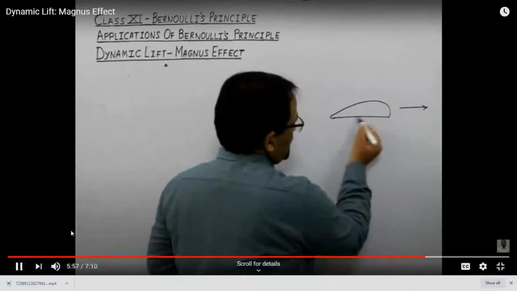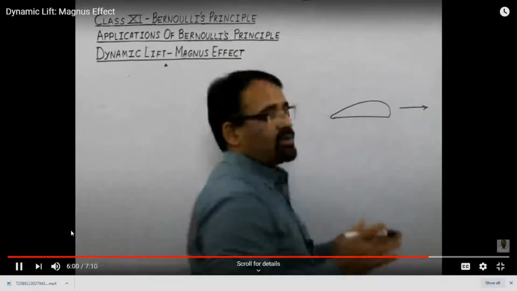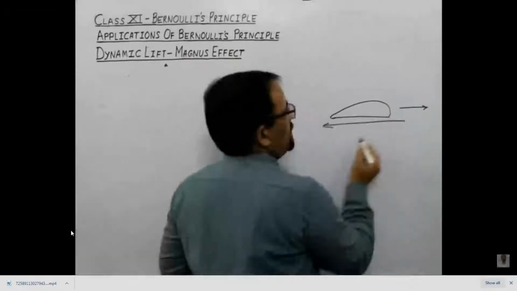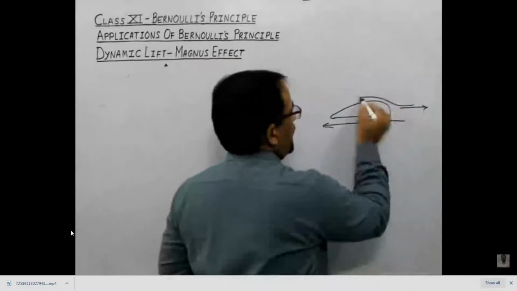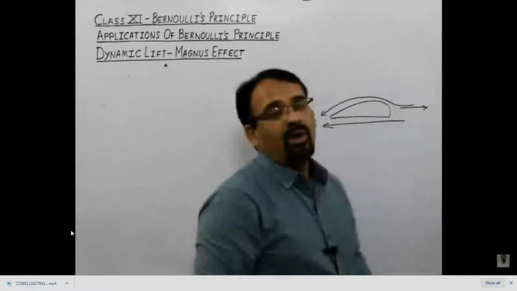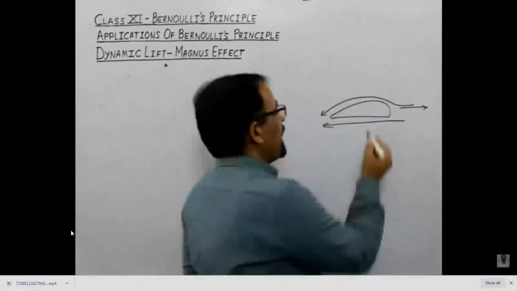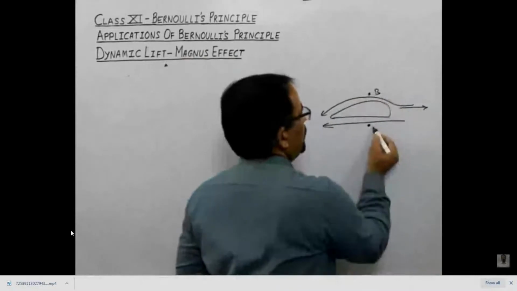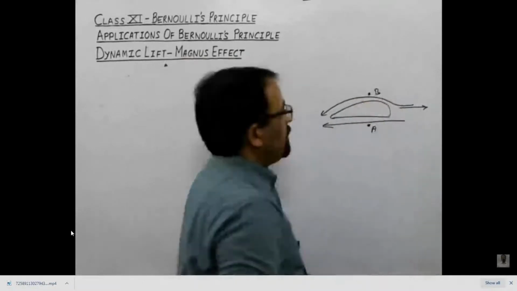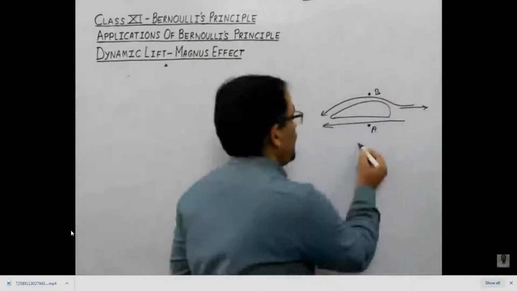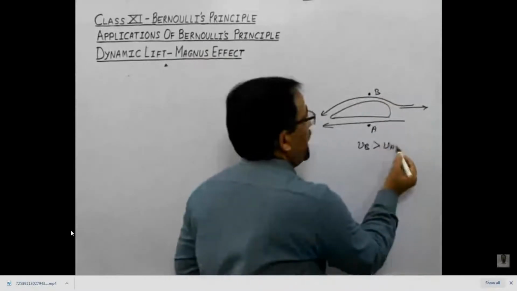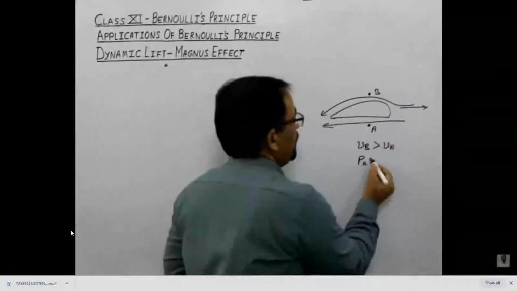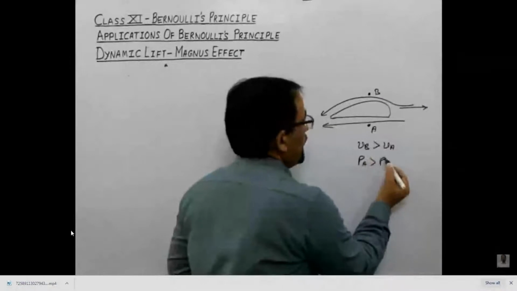This lower surface is almost flat. The wind will keep moving in this direction, but at the top, the wind will have to cover a larger distance because of the shape of the wing, let it be an aerofoil. Therefore the speed at the top of the wing will become higher, and therefore your velocity at B will become higher than that at A, and therefore pressure at A will become greater than the pressure at B,